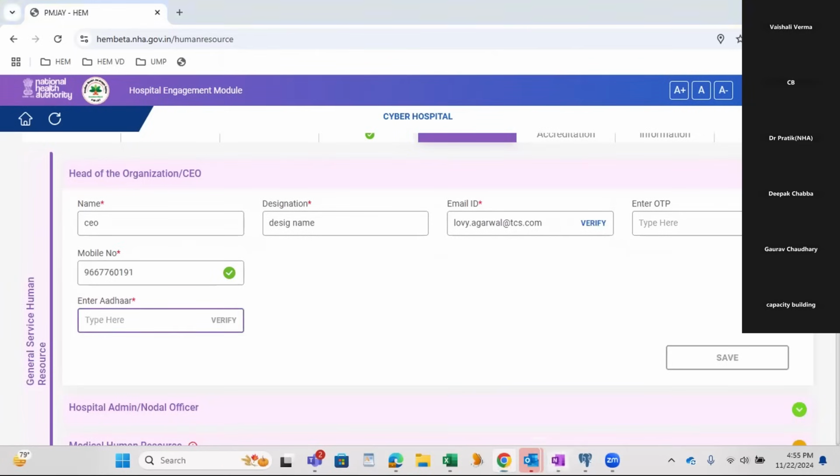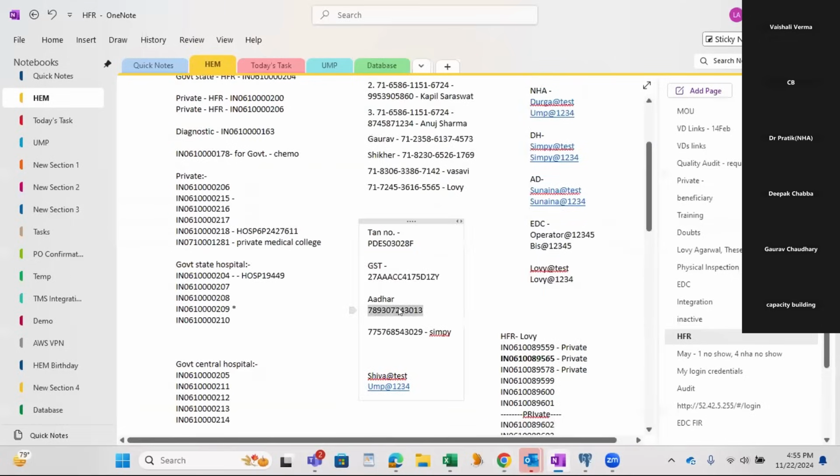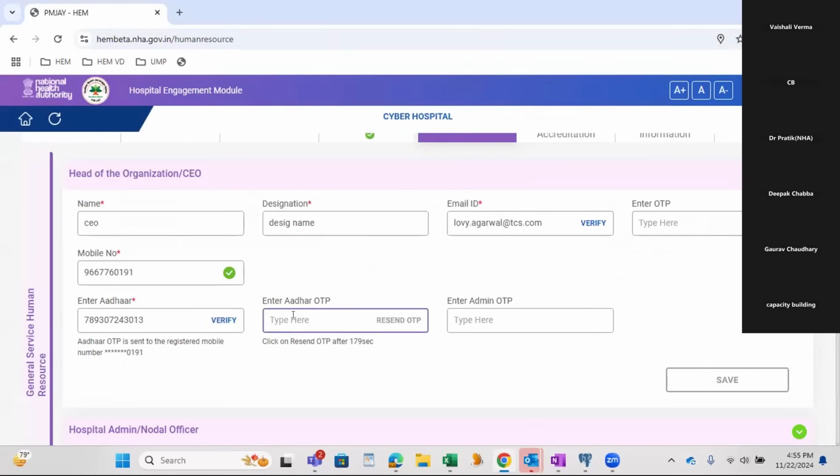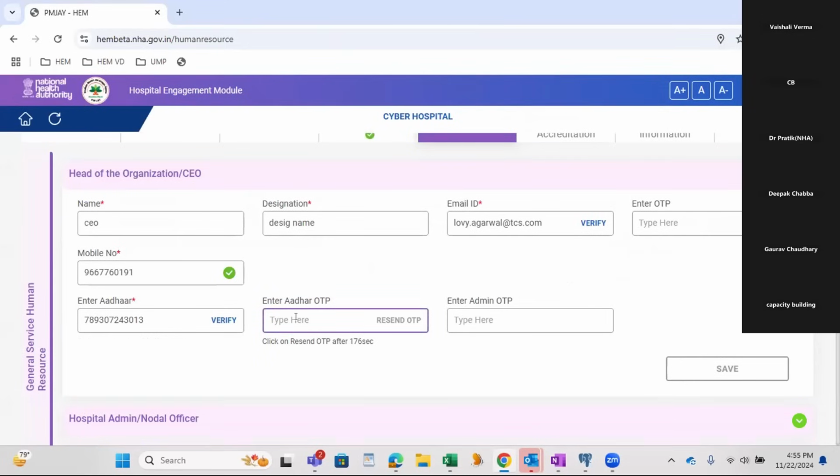I'll enter the Aadhaar details. Again, verification. In Aadhaar, we have two-step verification. One Aadhaar OTP will come and one admin OTP.